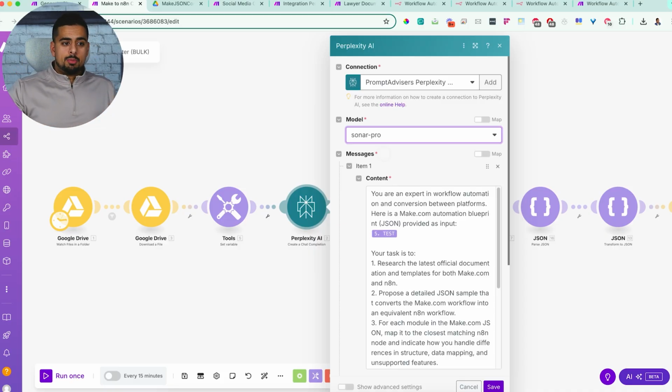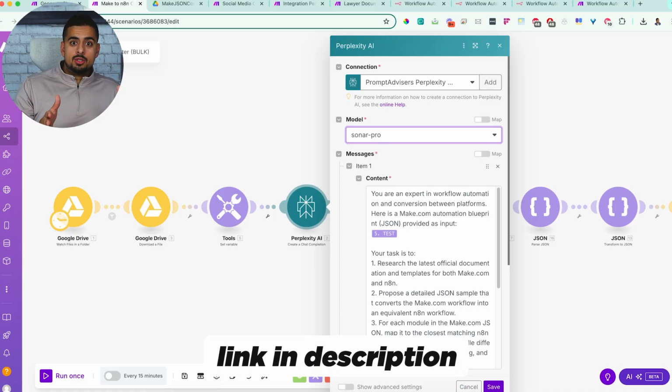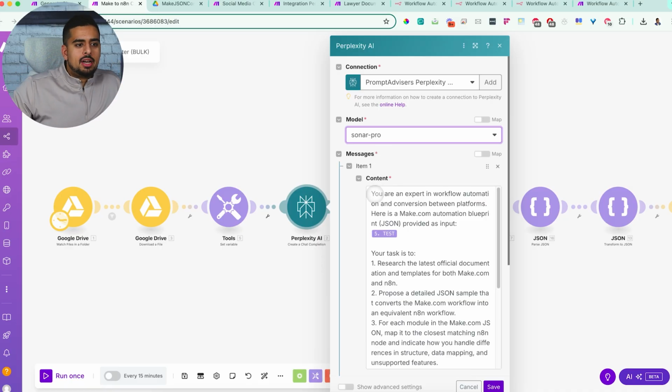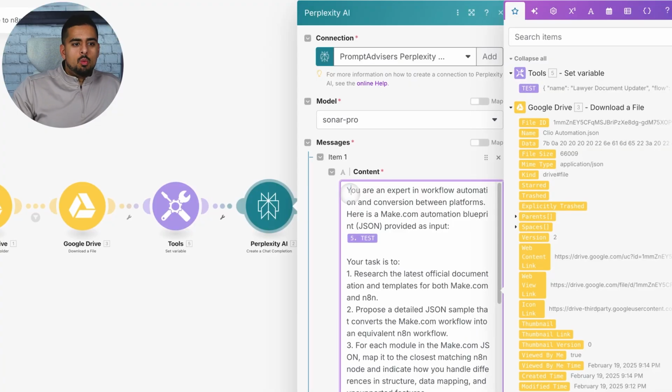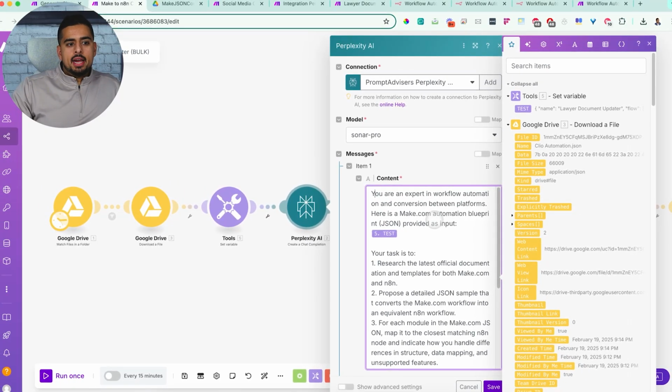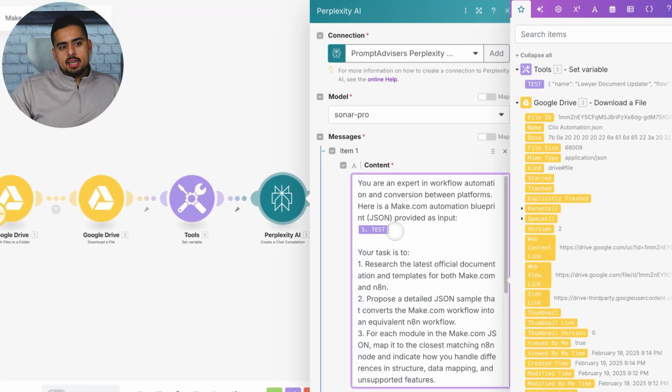Now, in terms of the actual prompt, don't worry about screenshotting this or taking notes. This whole automation and the underlying prompt will be available to you in the description below, so just sit back and observe. If we take a closer look, I say you are an expert in workflow automations and conversion between platforms. Here's a make.com automation blueprint with the JSON provided as an input, and in this case I'm just